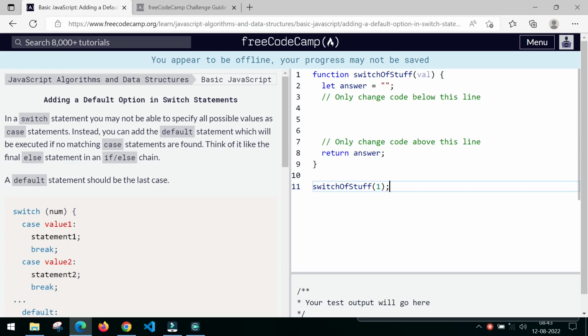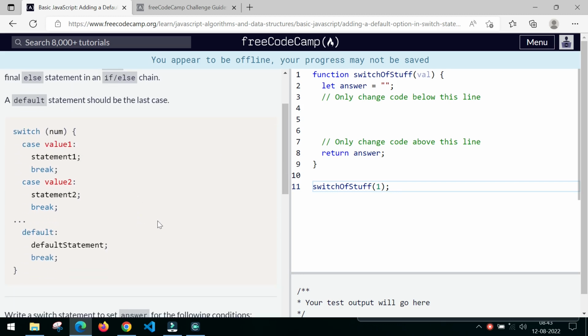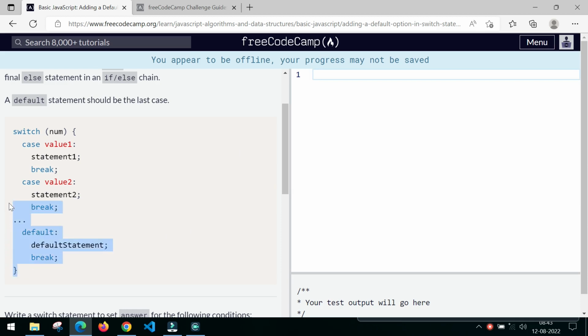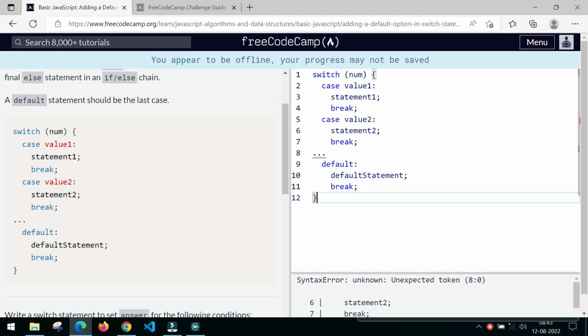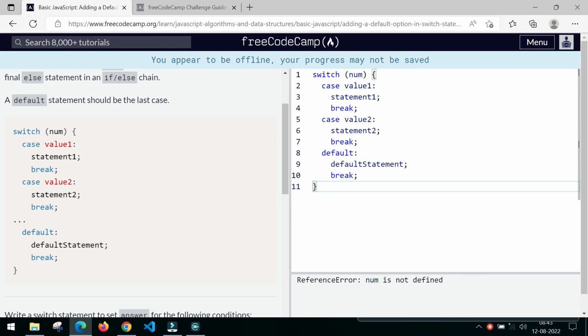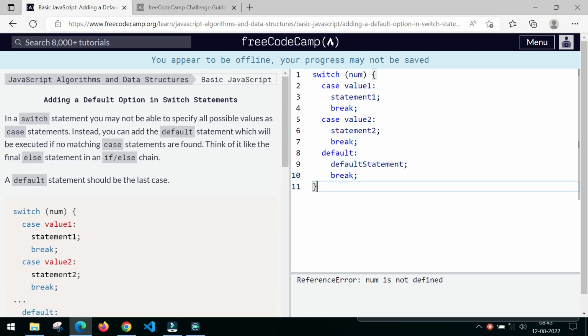Now the topic which we are going to see is adding a default option in switch statements. So far we did not see the default option in switch, but now we are going to see. Okay, just delete this, copy this and paste it here. Remove it, this dot is not necessary. So here they have added a default option in the switch statement. Okay, so what is the use of the default option? It's nothing but